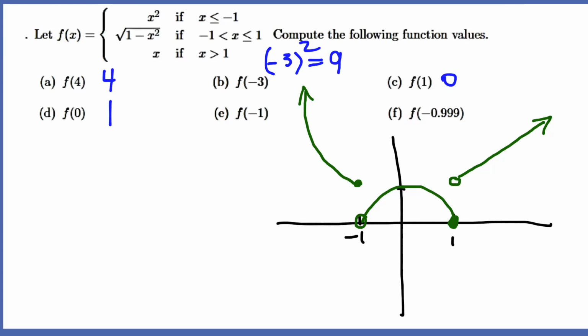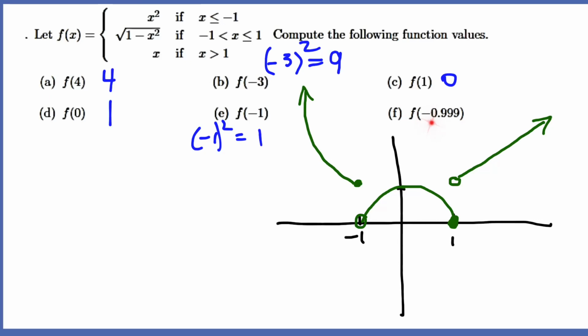All right, part e says f of -1. Well, we talked about that already. This is your filled in dot. So when x is -1, you're looking at this little line here. This part of your function is where we want to plug it in. So -1 squared is 1. All right, so then we've got f here,